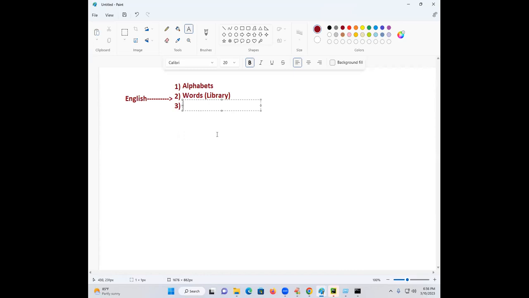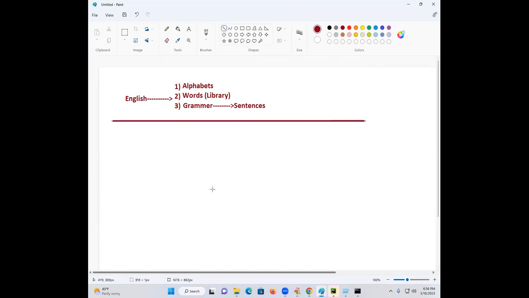Come on. Very good. Sentences. To write sentences, very good. Sentences, what must you know? Very good. Grammar is required. Grammar is required or not? Do you know grammar? No, sir. Okay, sir. Right. Finally, this is called English learning. Learning English is nothing but knowing alphabets, knowing about words, knowing about grammar. Did you understand? This grammar is nothing but a certain framework where we are preparing the sentences so the opposite person can understand.